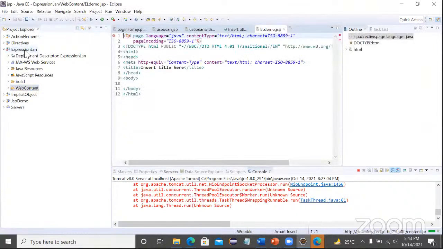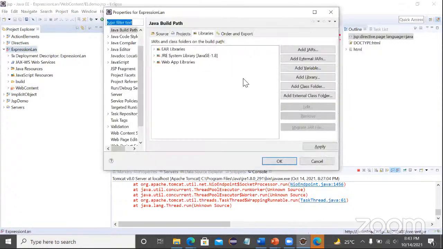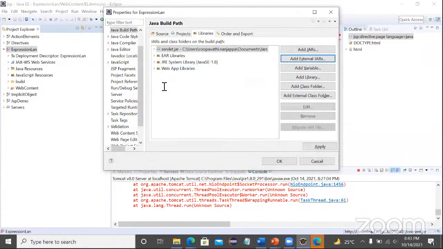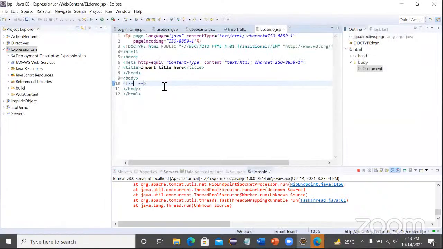Add external jar with servlet. Okay, so expression language, basically, it was for simplifying the accessibility of data. So EL is used for simplifying